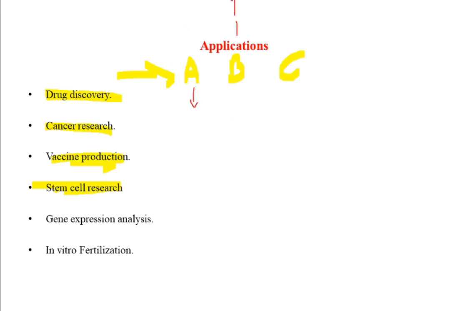Chemical B is a plant extract, chemical A is the newly synthesized chemical, and chemical C is a microbial metabolite. So these three different things you have isolated from different areas, and you think these three chemicals have